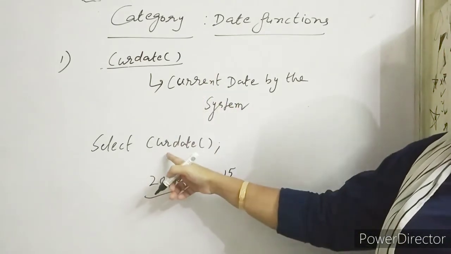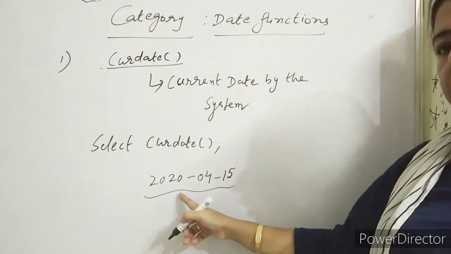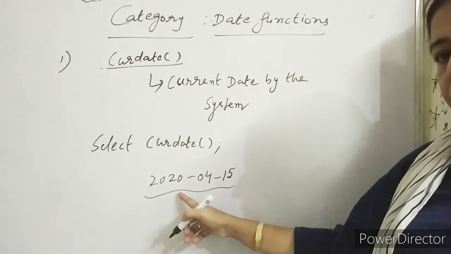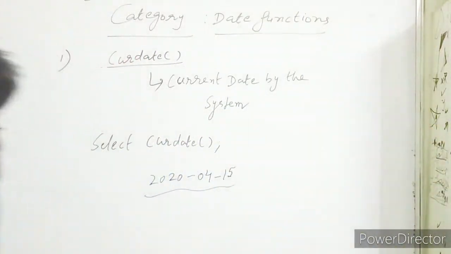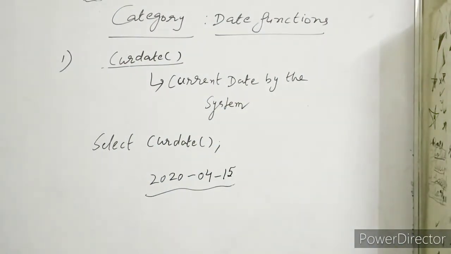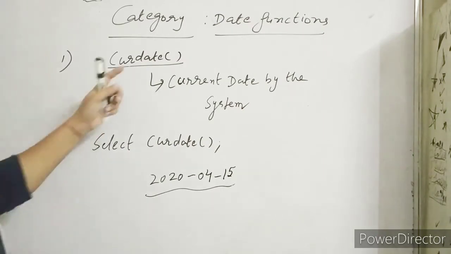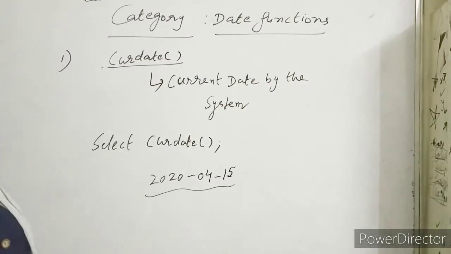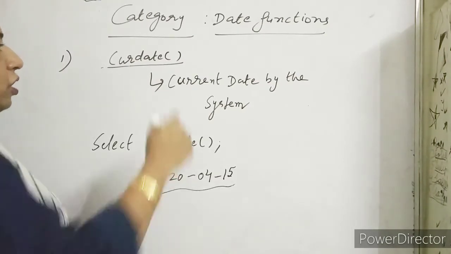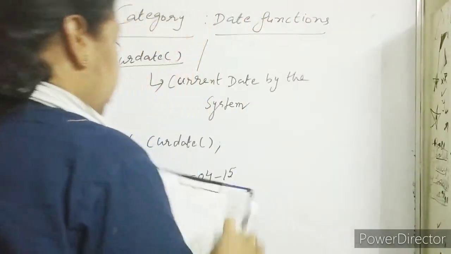Clear? The current date function returns the current date in your system. In your system clock, in your system calendar, whatever date is set, that will be displayed. If your system is not updated, your clock is not working fine, then this function returns the wrong date. Clear? Now you can see the current date function we can also use with the help of the name current underscore